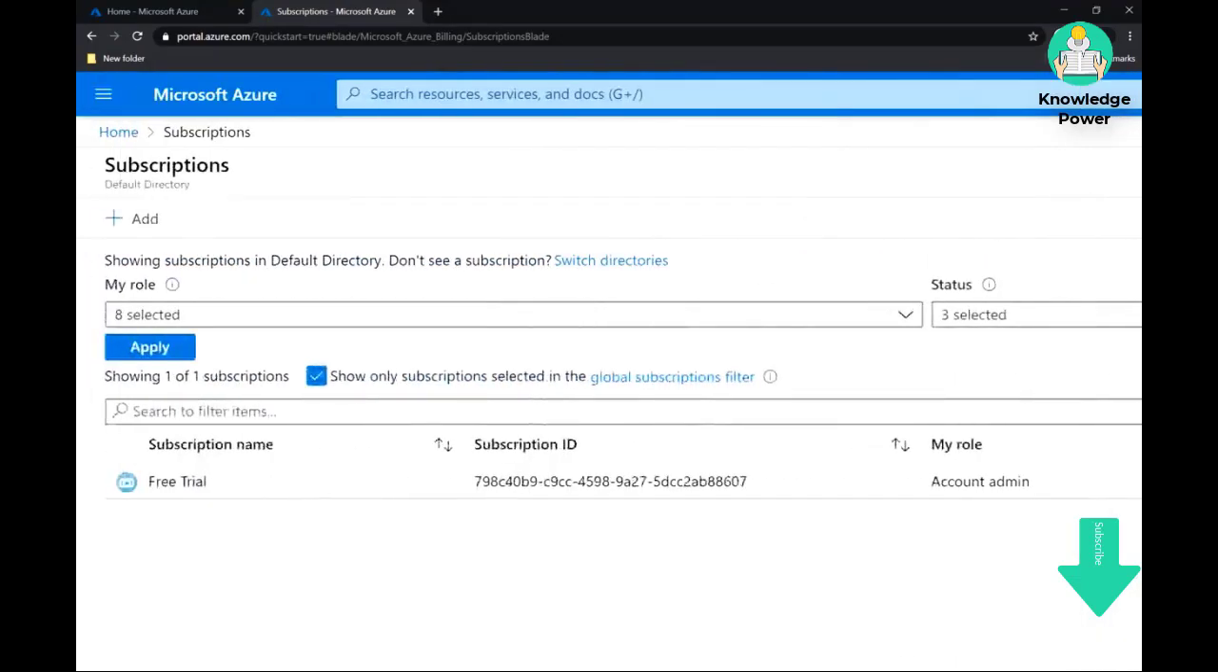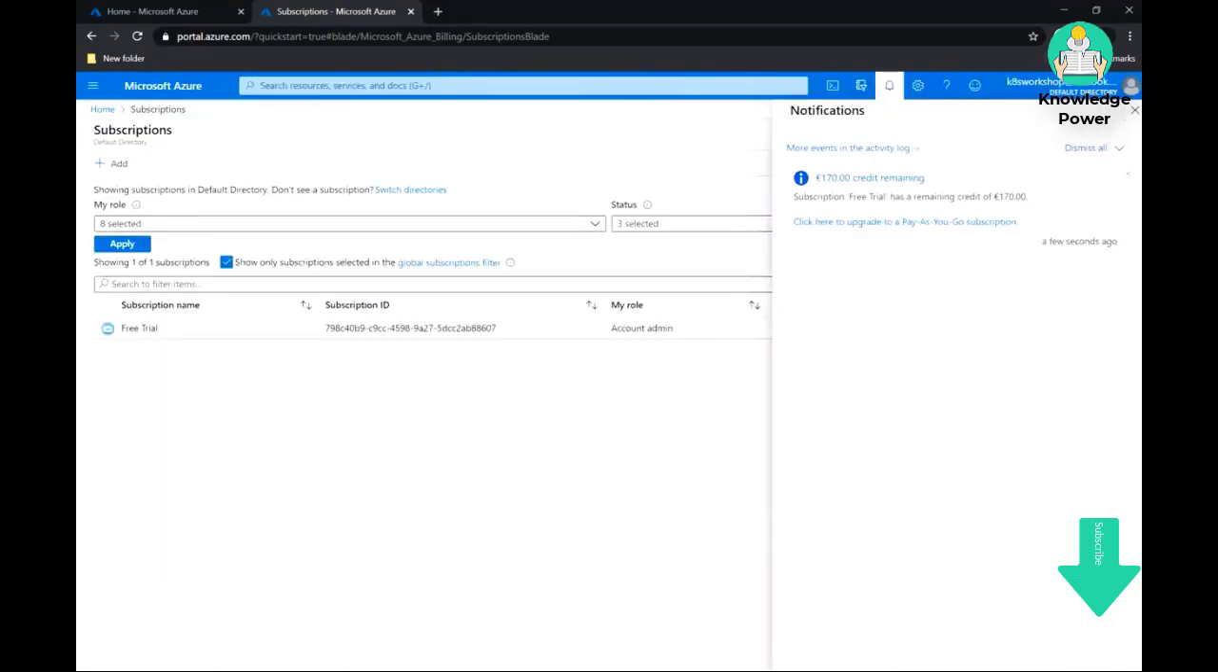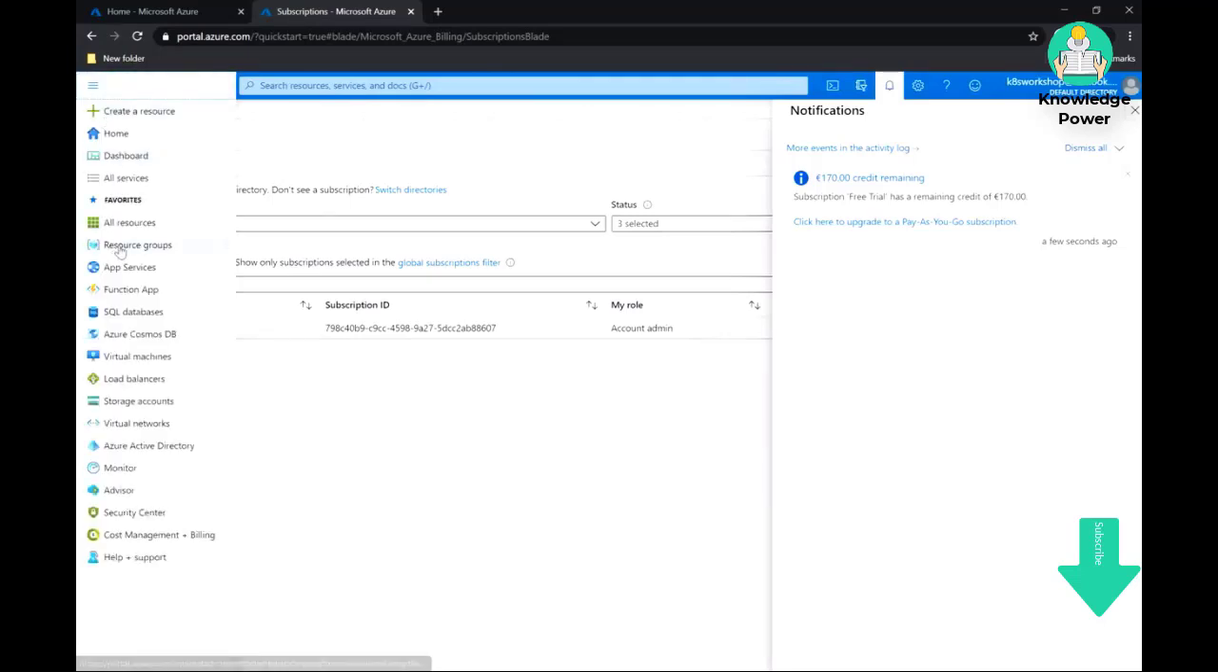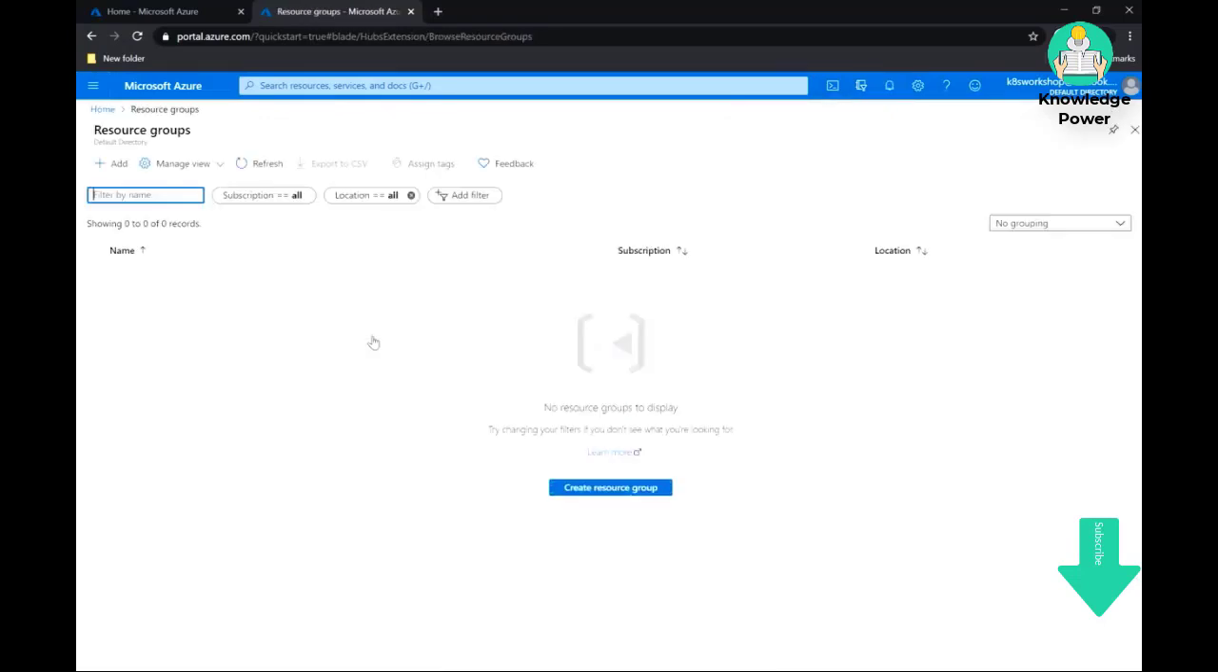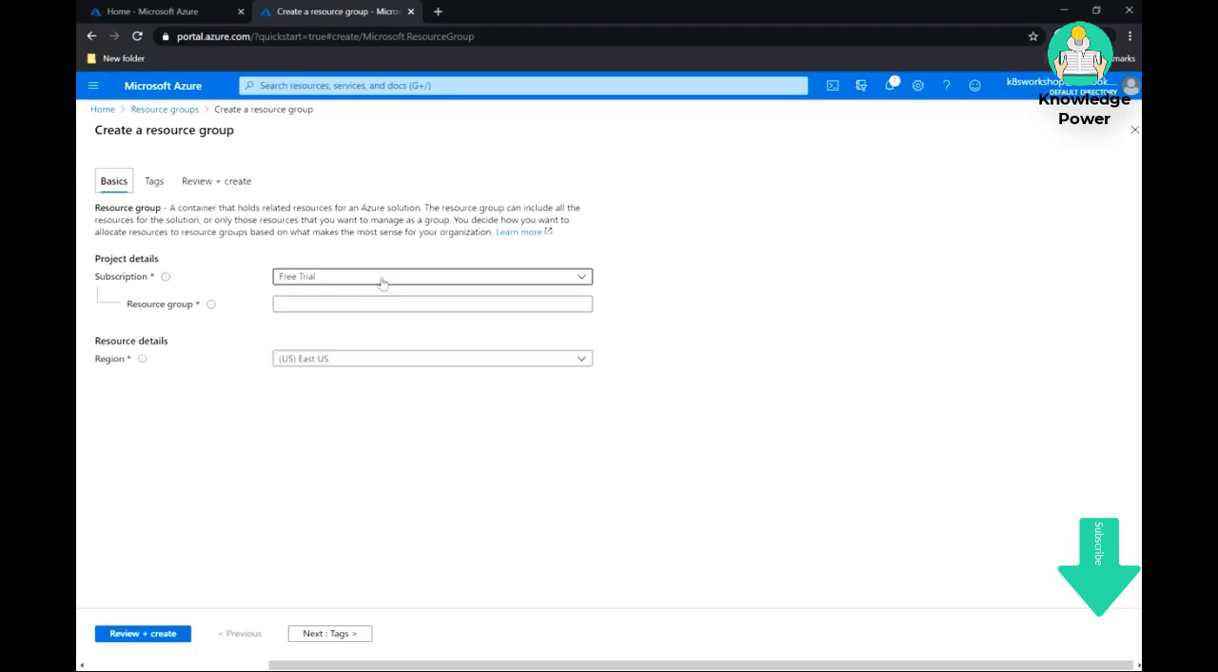Now we will create a resource group. I will press on this left panel, go to resource groups, and create one. What is a resource group? It's just a container, an abstraction layer for all of your resources. Let's go ahead and create a resource group. You will be asked to choose a subscription. In our case, we only have one subscription, so we leave it as is, and we enter the resource group name,